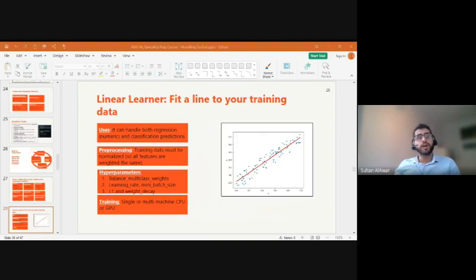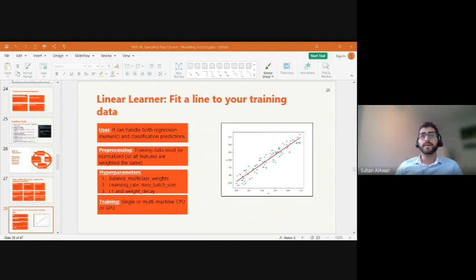We're going to talk a bit about some of these algorithms, but as I said earlier, I advise you to go into the AWS SageMaker documentation and read the documentation of each of the algorithms that are available. You need to know the use case of the algorithm, what kind of preprocessing is needed before using it, what the main hyperparameters are, and how to train it. So four things which I advise you to know